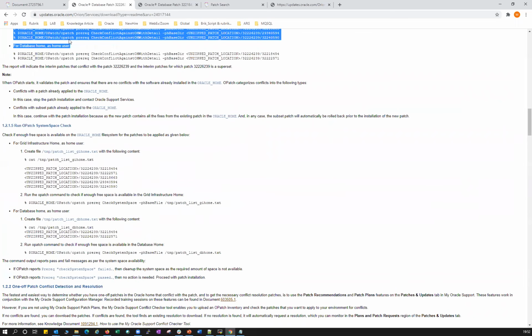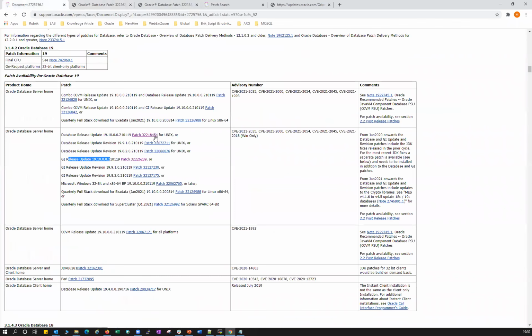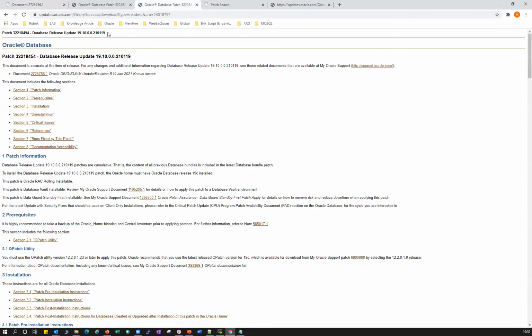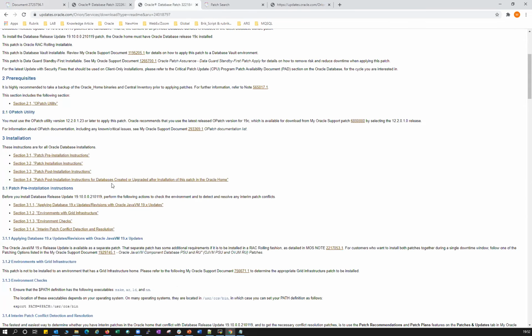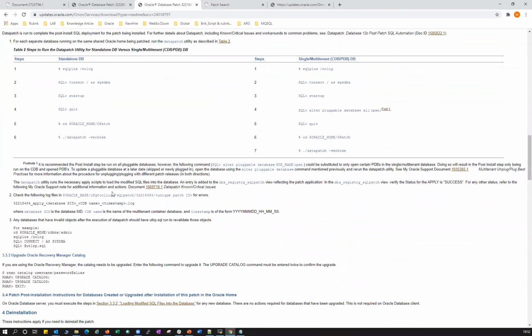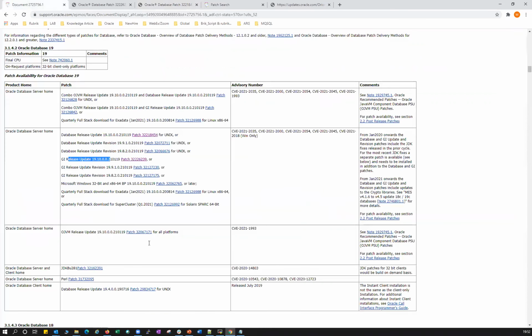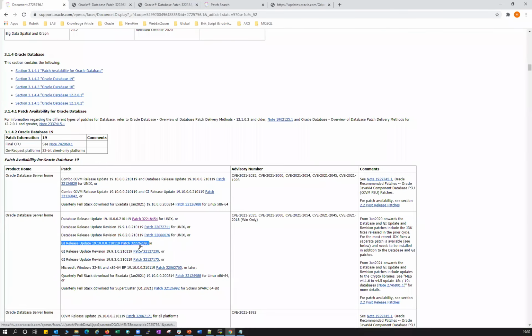So again, I downloaded this database release, the database patch also, right? This one, 454. The readme of that 454, that also I opened. So again, that only talks about how to apply it to your database homes. Again, as I said, you can just download this GI patch alone. That is more than enough. This will be 2 GB, 2.5 GB in size. It includes your database patch.